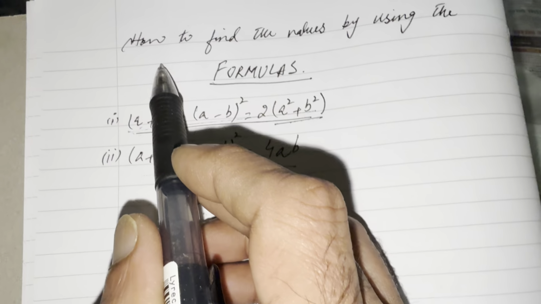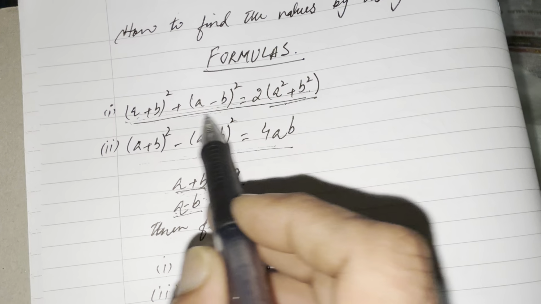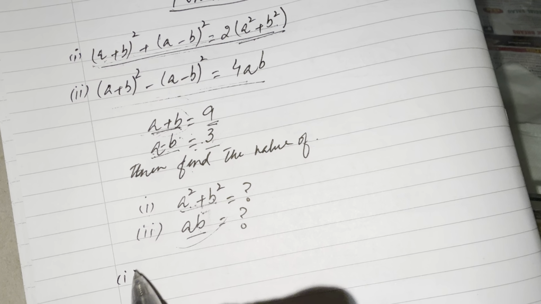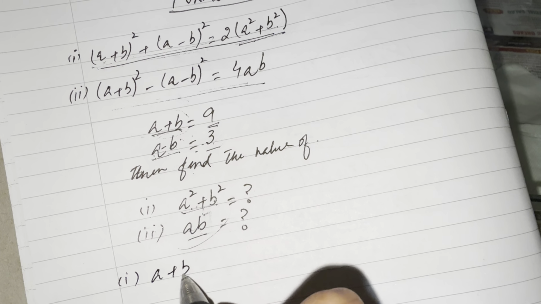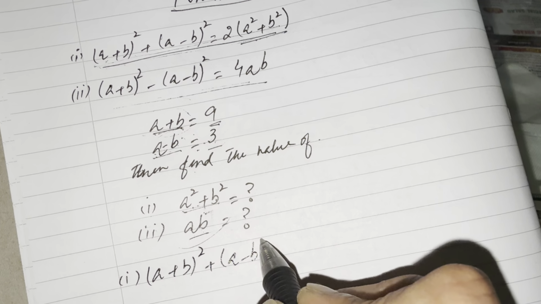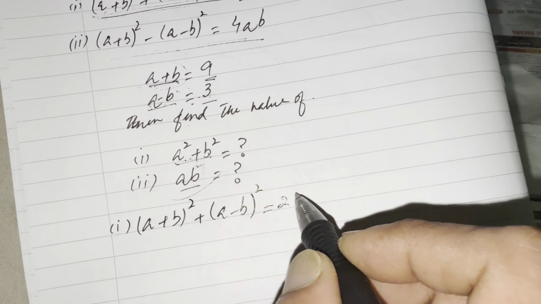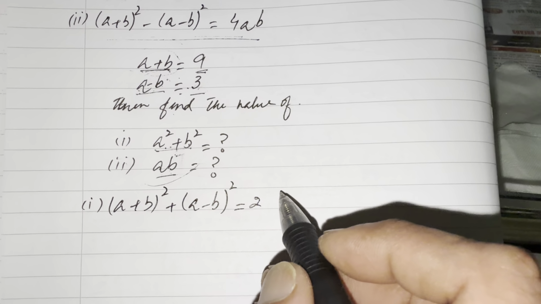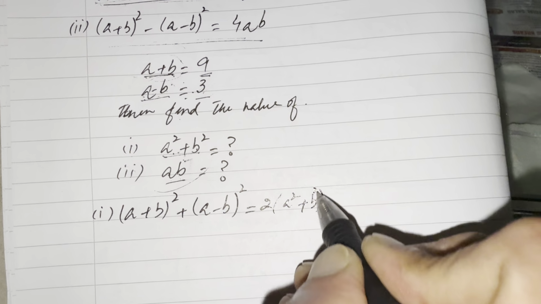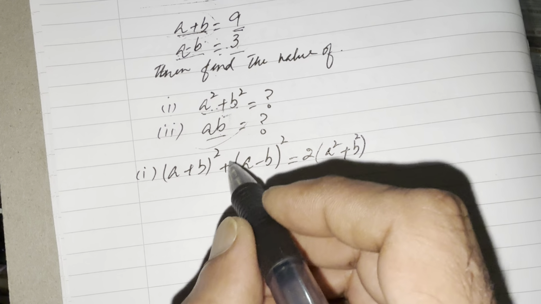जैसा कि ऊपर हेडिंग मैंने लिखी हुई है, how to find the values by using the formula. सो द फर्स्ट फार्मूला ये है। तो फर्स्ट फार्मूला लिखेंगे हम यहाँ पे: (a प्लस b) होल स्क्वायर प्लस (a माइनस b) होल स्क्वायर इज इक्वल टू 2 इंटू (a स्क्वायर प्लस b स्क्वायर). So by putting the values in this formula,